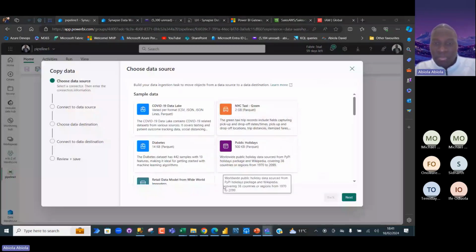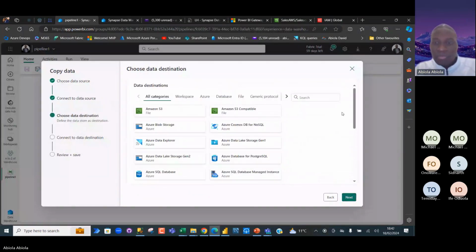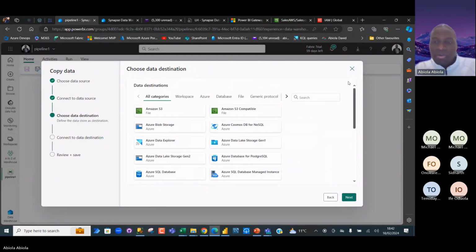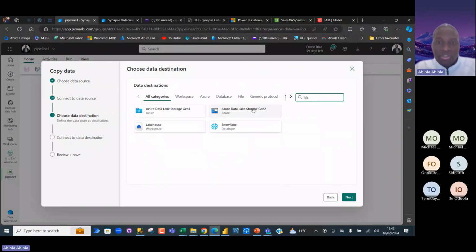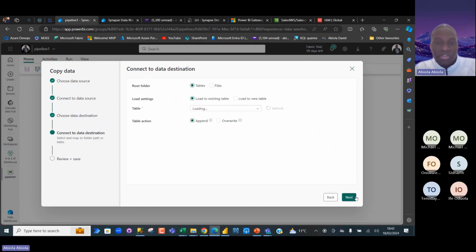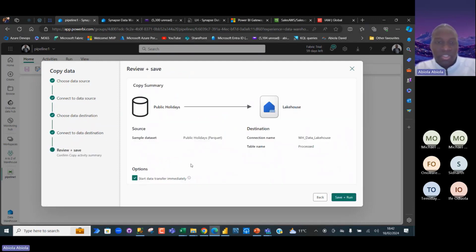Again, let me just copy the same, use this data, and then next. Let me check the lakehouse. Next. Next. And then let me just leave the name and click on next.